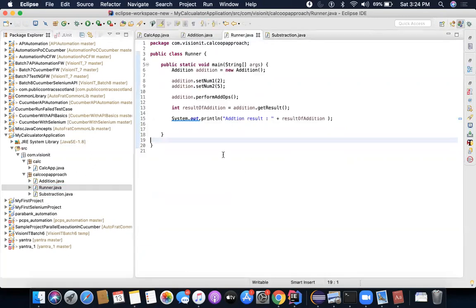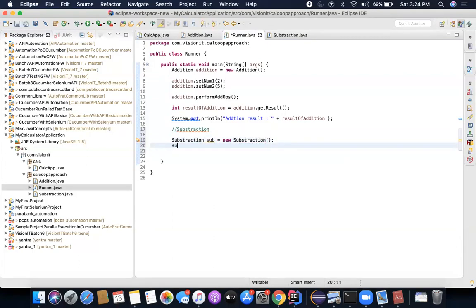So I will go back into the runner again, and now I will create the subtraction. Here I am doing subtraction. I'll have to create a separate object called subtraction, new subtraction, and sub.